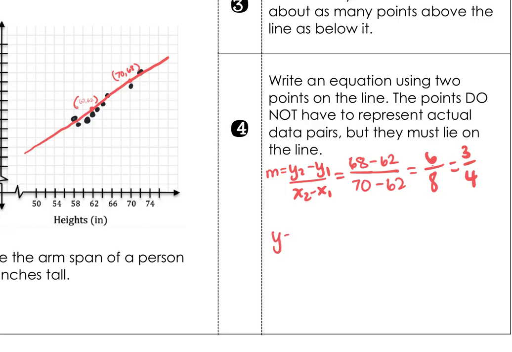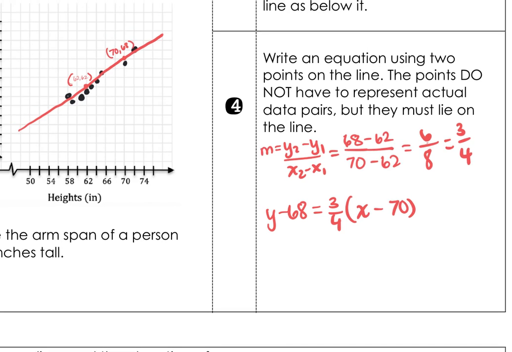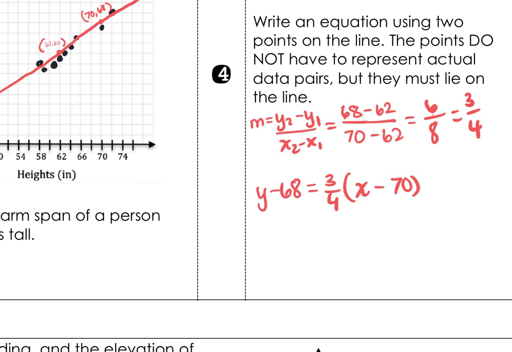So this would be y minus 68 is equal to 3/4 times x minus 70. So again, I'm just using that slope that I just found and one of my points from my line, plugging them into that point slope form. So I would go ahead and distribute this. So I get y minus 68 is equal to 3/4 x. And then